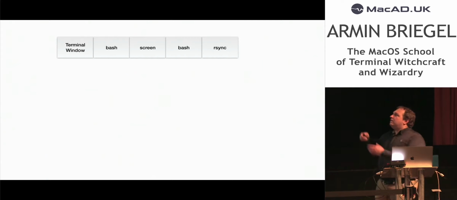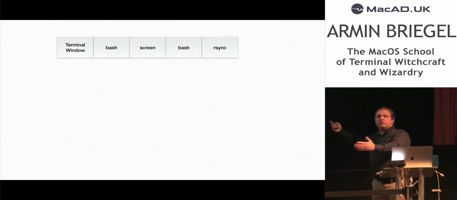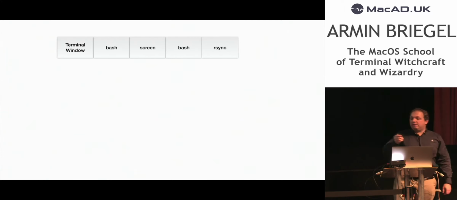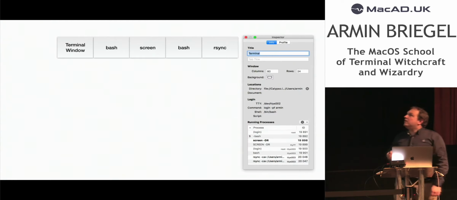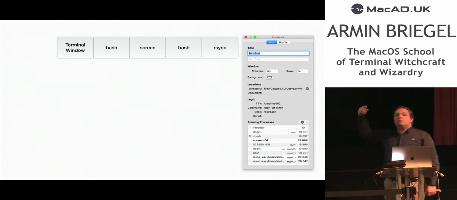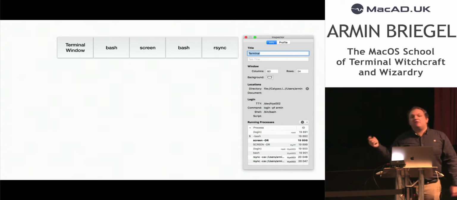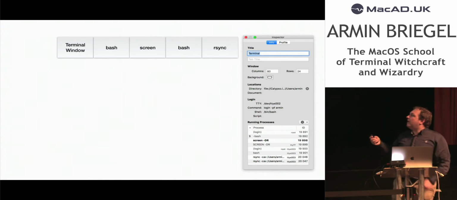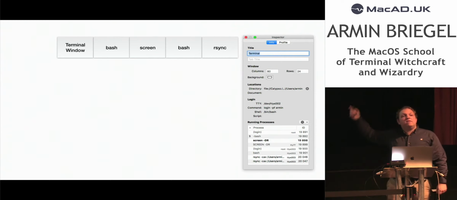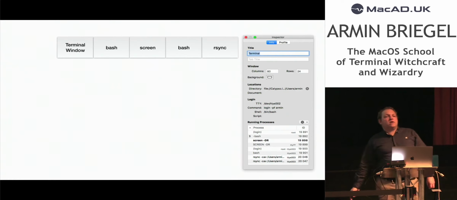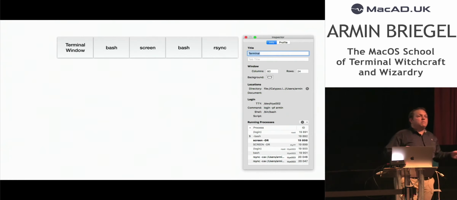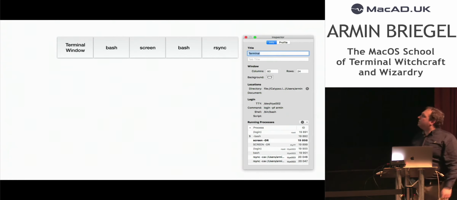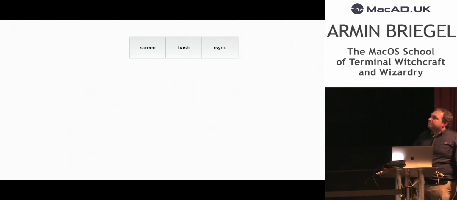So this seems kind of involved, redundant. One nice thing that I also want to point out, if you hit Command-I in Terminal, it will open an info window, and you can get a lot of information about your bash session. And one of them, down here in the lower right corner, is the list of all the processes, the hierarchy of all the processes running in a bash window. This can be useful sometimes. And in this case, it will visualize what's actually happening.